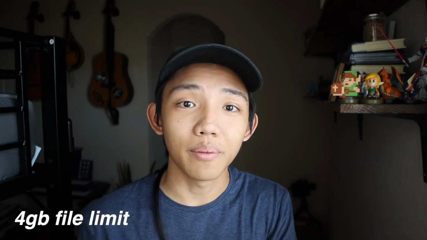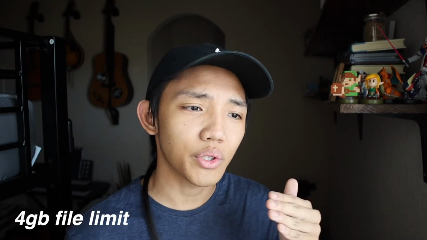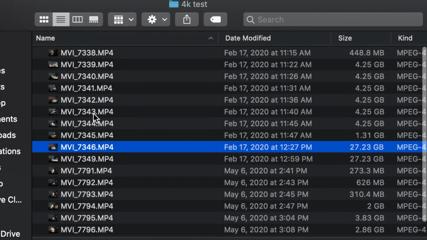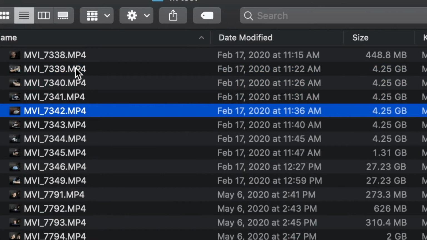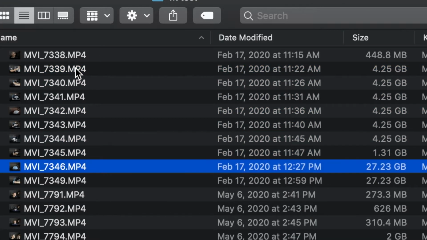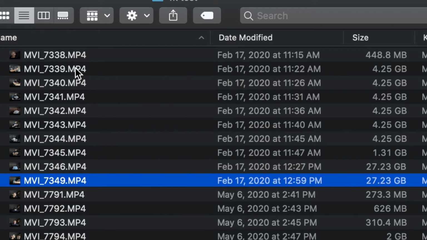While we're on the topic of files, there's a 4 GB limit per file. So say you're recording a video in 4K and that file reaches about 4 GB, it'll split that file into 2 different files. So you'll have one 4 GB file that's about 4 minutes, and you'll have a second file that starts building up from there, and eventually that will split at the